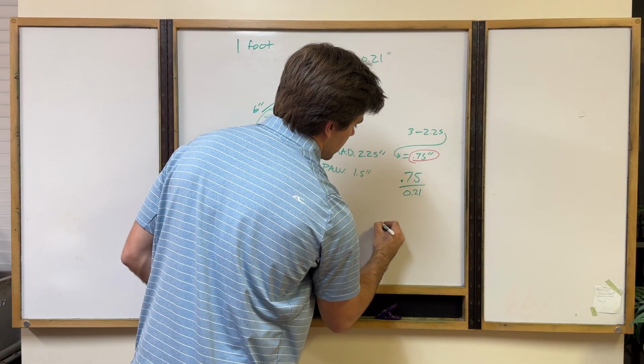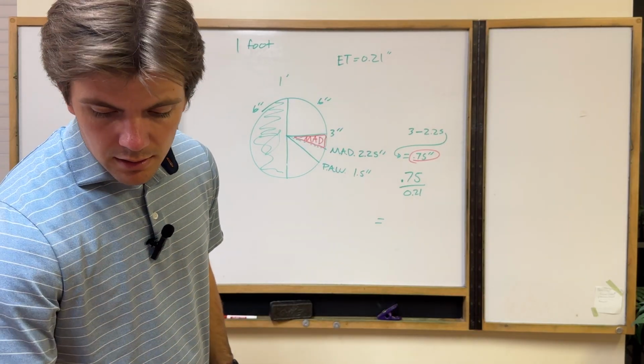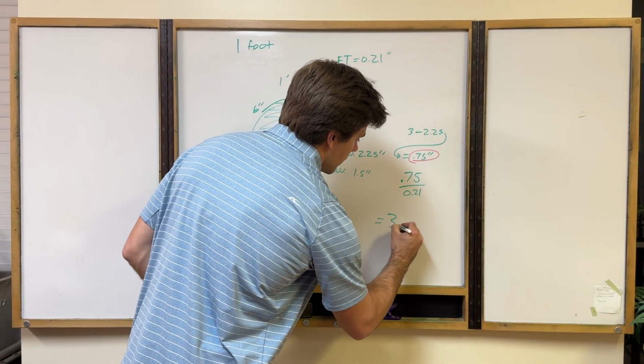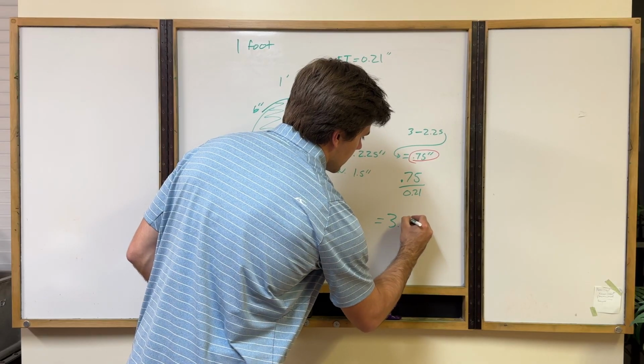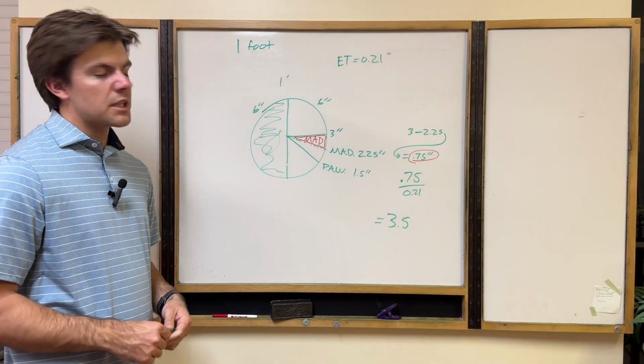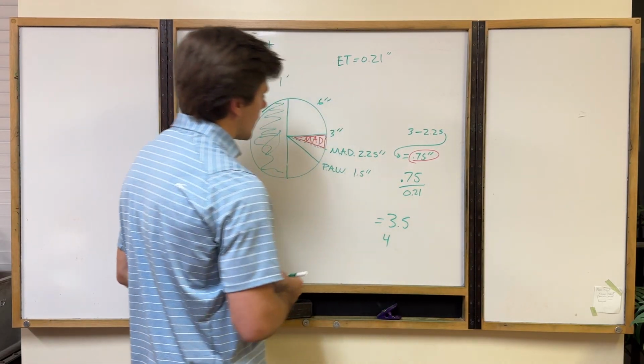And that's going to give you 3.57. So 3.5 days before you should be watering again, which means really you could round up to 4 days usually, because